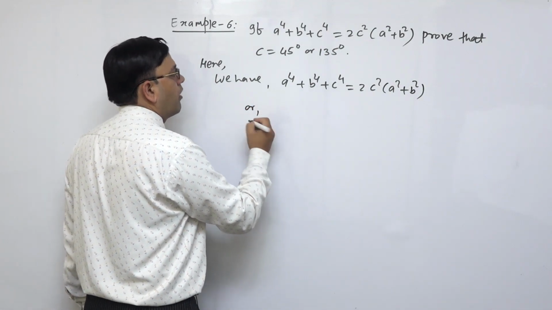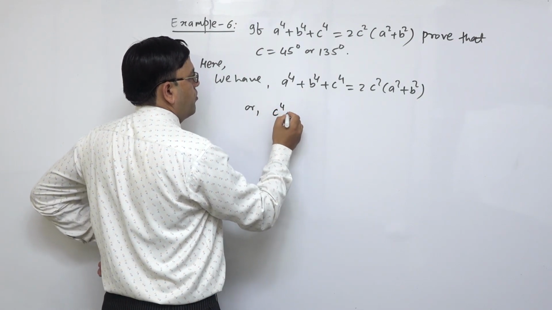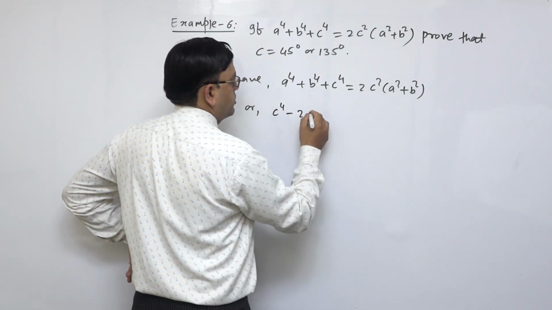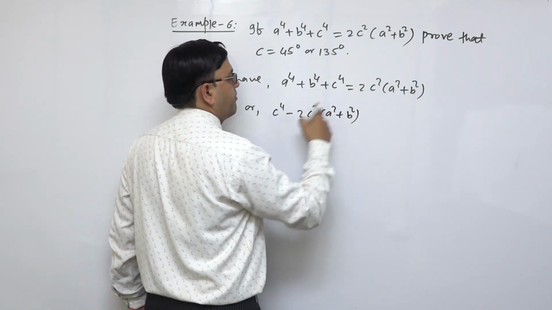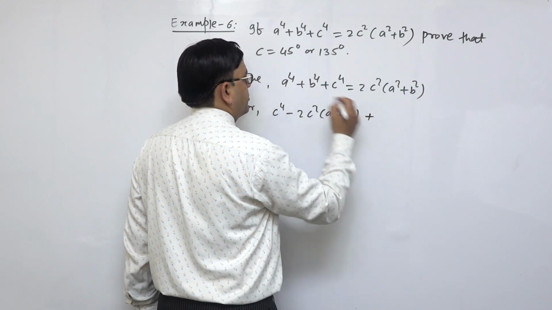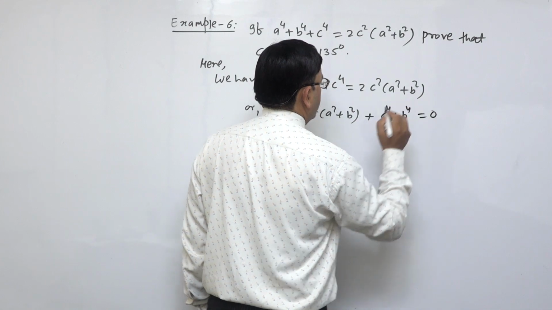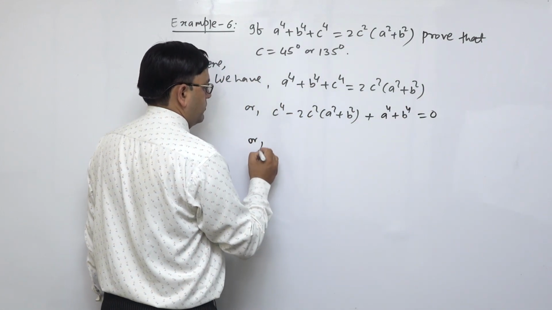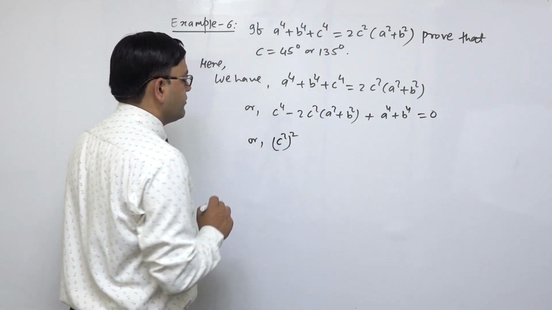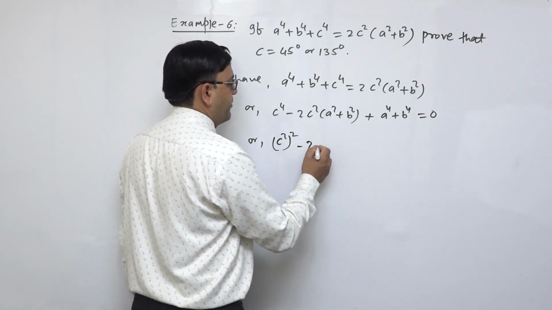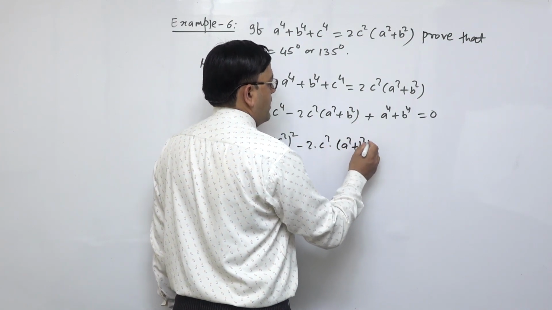So we can write c4 minus 2c square times a square plus b square, plus a4 plus b4 is equal to 0. Or here is c square also whole square minus 2 times c square, this one is a square plus b square, plus